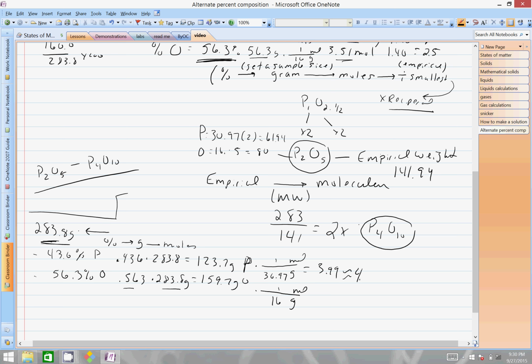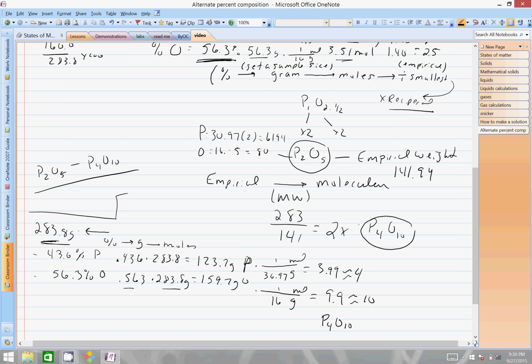And 159.7 divided by 16 equals 9.9, approximately 10. So this time all I did was convert to moles, and rather than falling on some random number, it fell to the actual number of moles in the actual compound. So now that's my molecular formula,